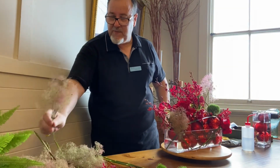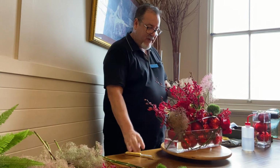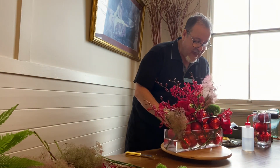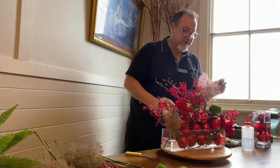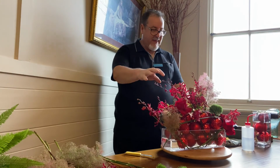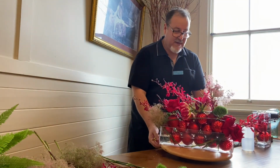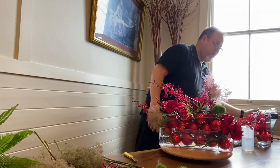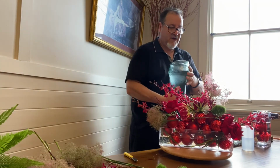So I'm not going to put too much of this into the design, because we have quite a geometric design here with the baubles and the other flowers, and I don't want to bring too much of a soft element into that. So just in a couple of little places each side of the design. Then what I would do to finish this design off is just make sure that the water is nice and full